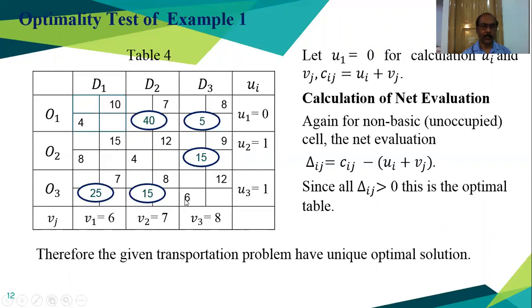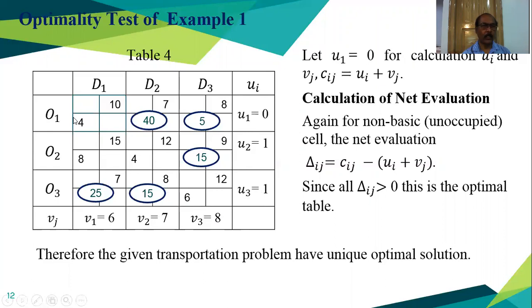Only one left here. Transportation cost is 12. Our V3 value is 8 and U3 value is 1, so 12 minus 8 plus 1, 9. So this should be 3. This is wrong, this should be 3. This is 8, 9, this should be 8. This is 8, and this is 7, 8, 1. It is okay. So this should be 3: 9, so 12 minus 9 would be 3.